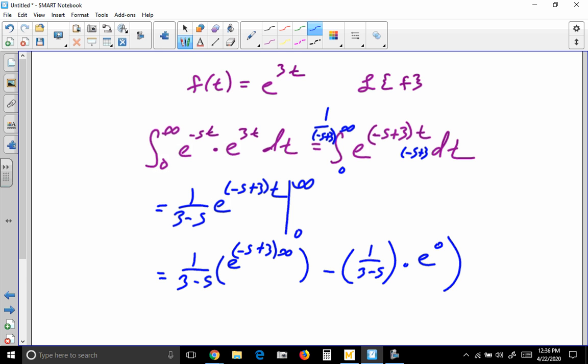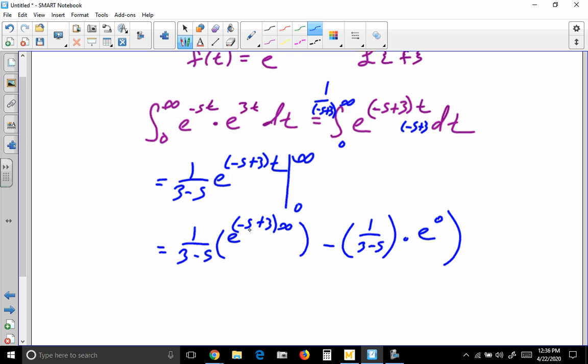So now let's think about what we have here. If s is smaller than 3, so if we have numbers like 1 or 2 here, then we have a positive number times infinity, which is going to positive infinity, and that's going to get really big. But if s is bigger than 3, so if s is 4, 5, 6, this is going to be negative. So as long as s is larger than 3, this is going to go to negative infinity. E to the negative infinity is 0. So that's going to go away as long as s is bigger than 3. So what we would have left,